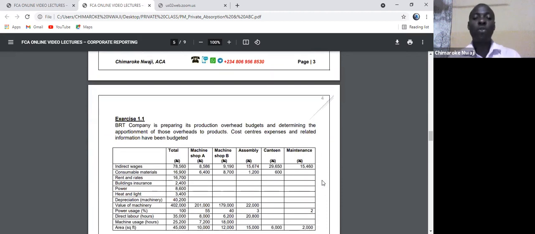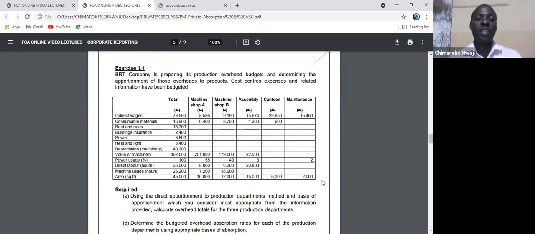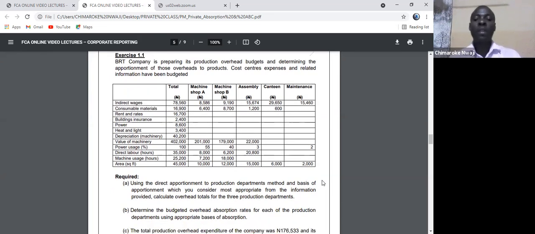Now let's go to our first exercise for today, exercise 1.1. Let me read this question. For those of you who have printed your material, you can use it and maybe mark on it and do the necessary adjustment. For those who have not printed, well, we'll be looking at the digital copy here, and you can later print and use a digital copy as a form of revision. Now the question is this: